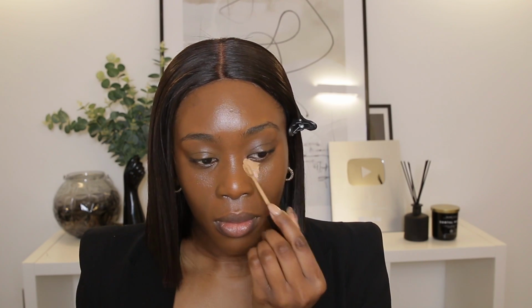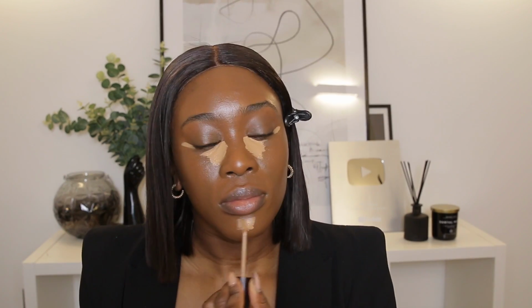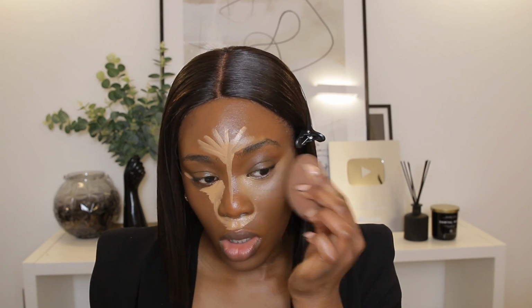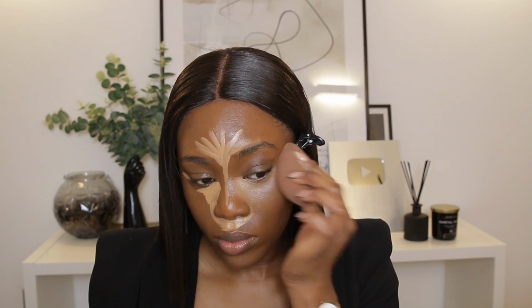So next, I'm taking my Laura Mercier concealer. I believe this is in shade N4. I'm gonna leave all the details down below as usual. And I'm putting that on my high points of my face that I wanna bring forward. So under my eyes, my forehead, my chin, my nose. And I'm blending that out with my Rems